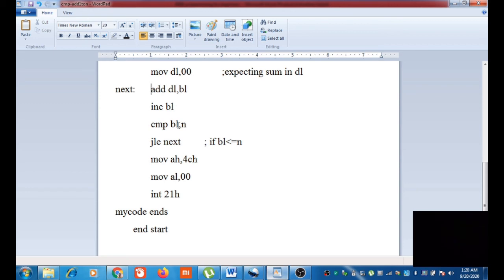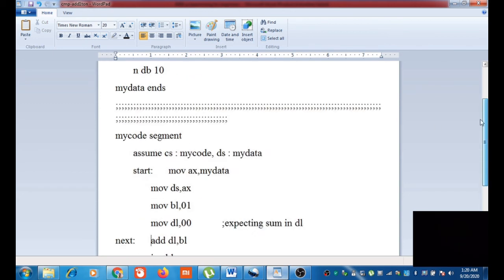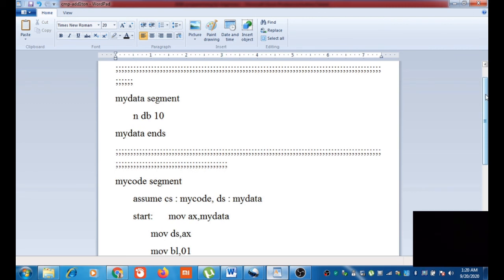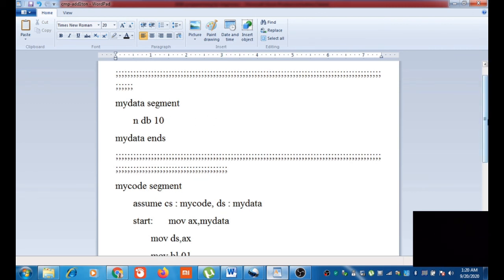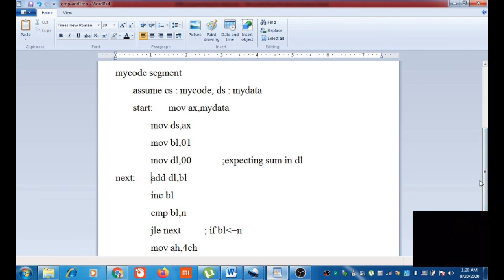Once it reaches N, in our case 10, 1 plus 2 plus 3 up to 10, when BL reaches 10, N is 10, they are equal, it will add 10 to the present sum.